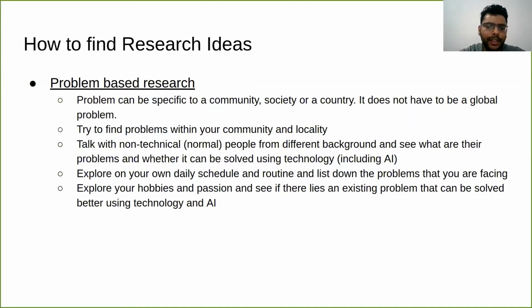They can be integrated with other fields and domains. For example, if someone is interested in singing, dancing, the entertainment industry, drawing, and lots of other things, try to explore those areas and see if there is a problem that lies there, if it can be solved using technology, and if AI can play a role in those fields.